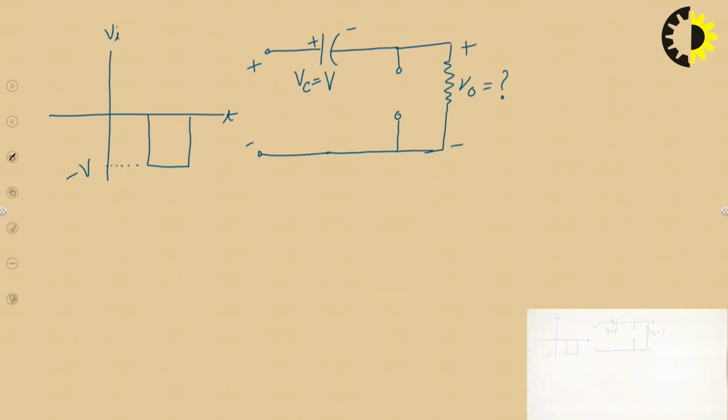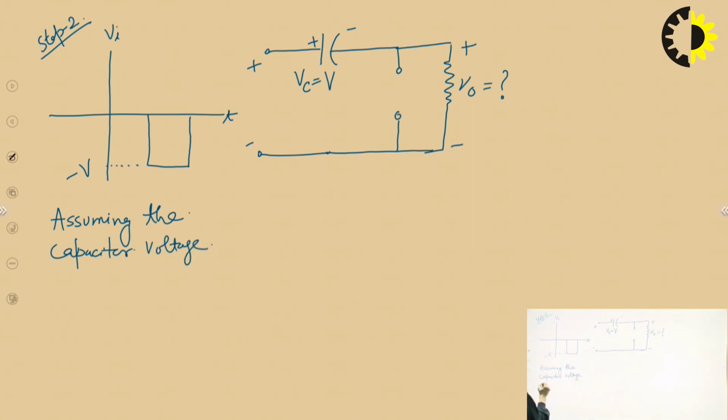This we have to calculate, and we should write for step 2, assuming the capacitor voltage to be remained at VC, it is not discharging,